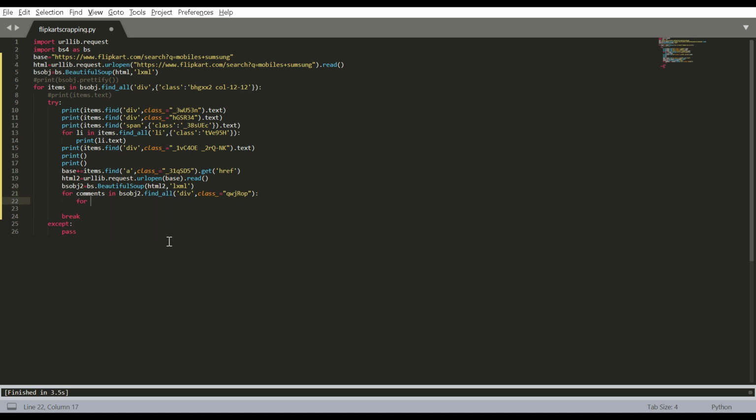Then for comments in comments, dot find. There's another div tag but without any class. So all we've got to do is search for that. We'll be printing the comments dot text.